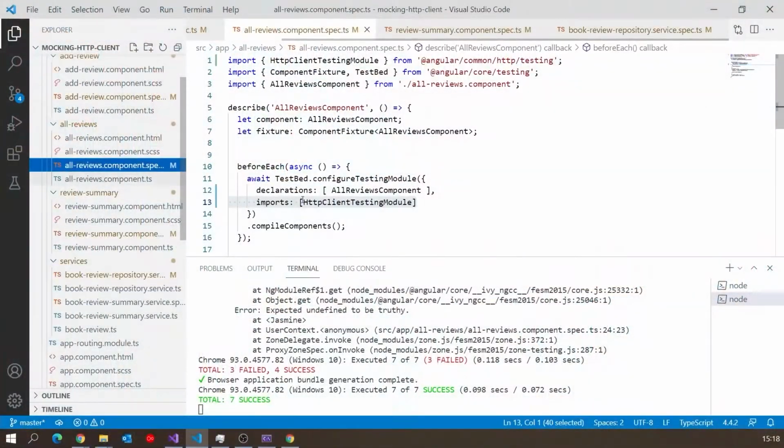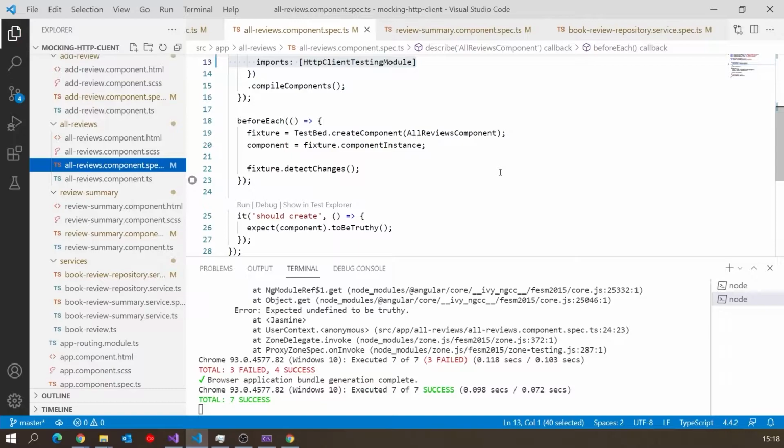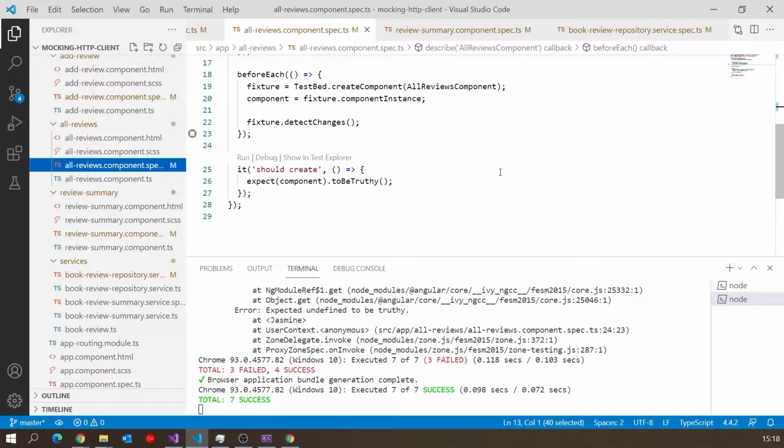And I won't do all of them. You should be thorough when you're doing testing in a professional application, but here we'll just do a couple of examples. And so the first one we'll do, let's do it on the all review component. So at the moment, again, we've just got that it should create, just to basically make sure we can create the component, but we want to make sure that this now correctly gets hold of the list of all of the books. And once again, we want to do that with mock data, and we've already done a bit of this, so we can steal the mock data from somewhere else.